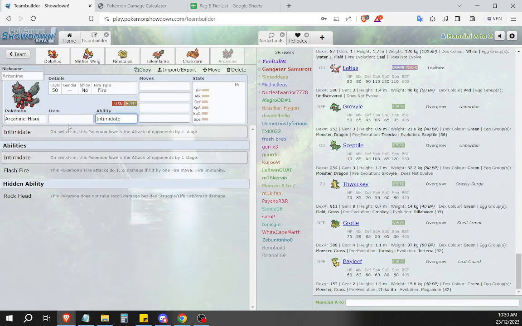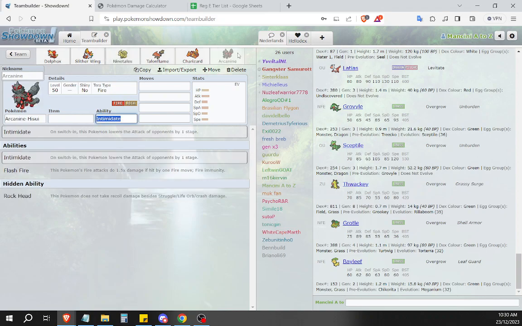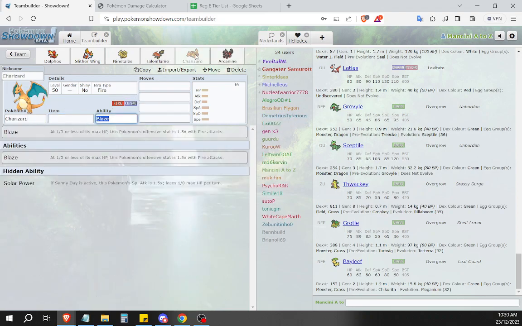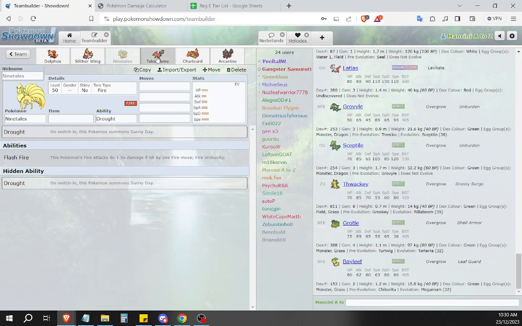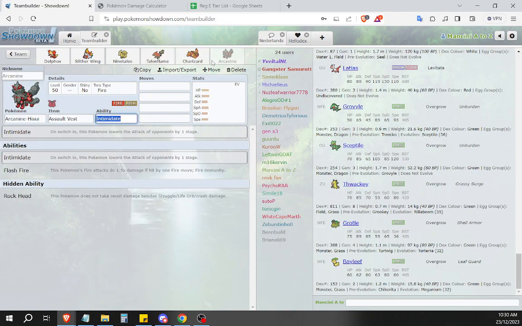But this makes you want a Choice Band. No, we should probably have a more offensive-oriented version of the team and then a more supportive-oriented version of the team. Maybe like a Heatran? Oh, I just meant run Assault Vest on this and then probably bring Ninetales every game, and then just sort of switch between these three in the last slot, depending on